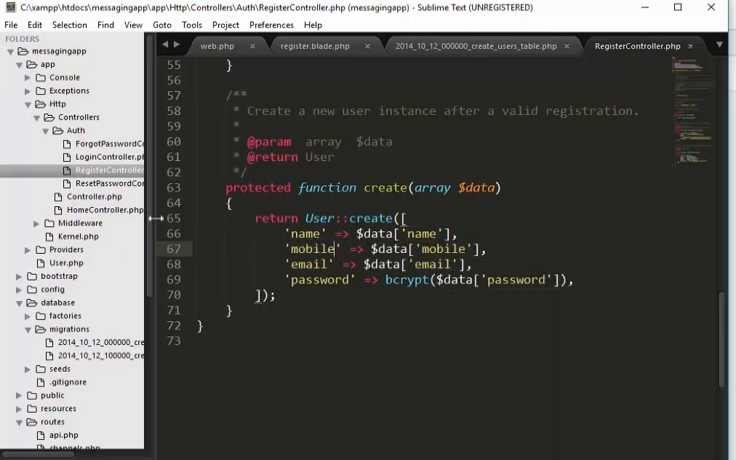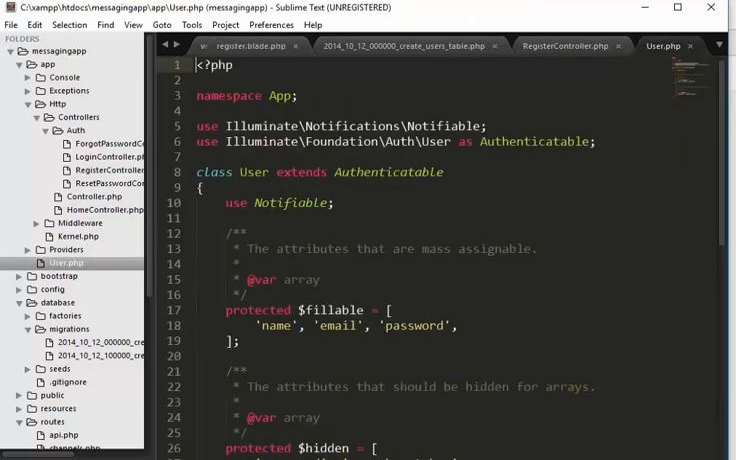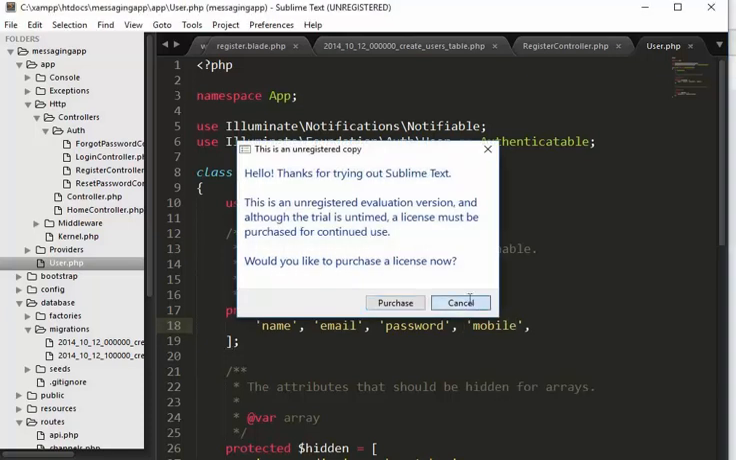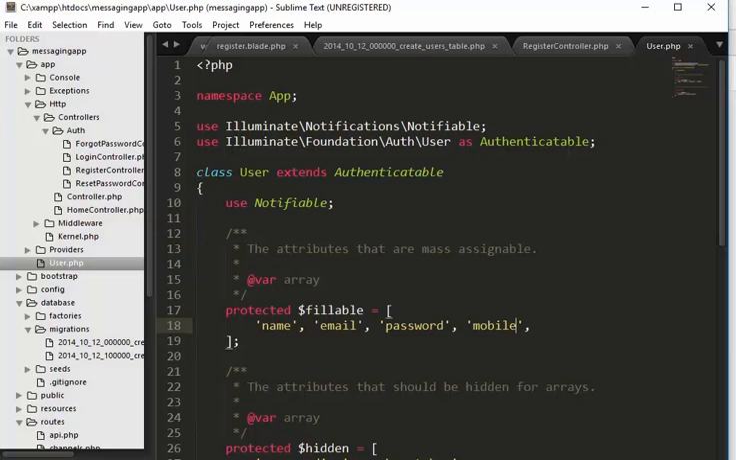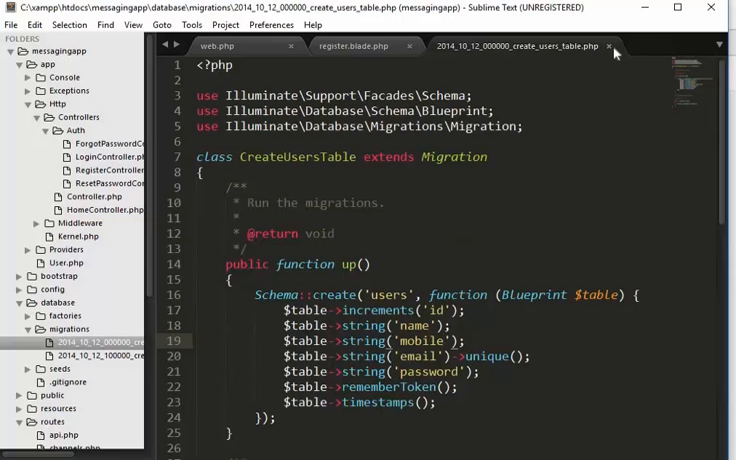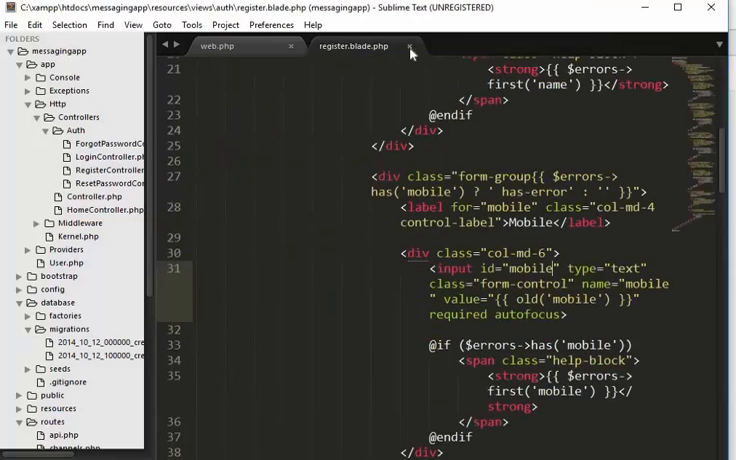The next thing is we need to go to our user model. Here it is, the user model. We need to open it, and here we need to add one extra field, which is mobile. Now most of these things we have done. Now close this, close this register, and now we need to go to our